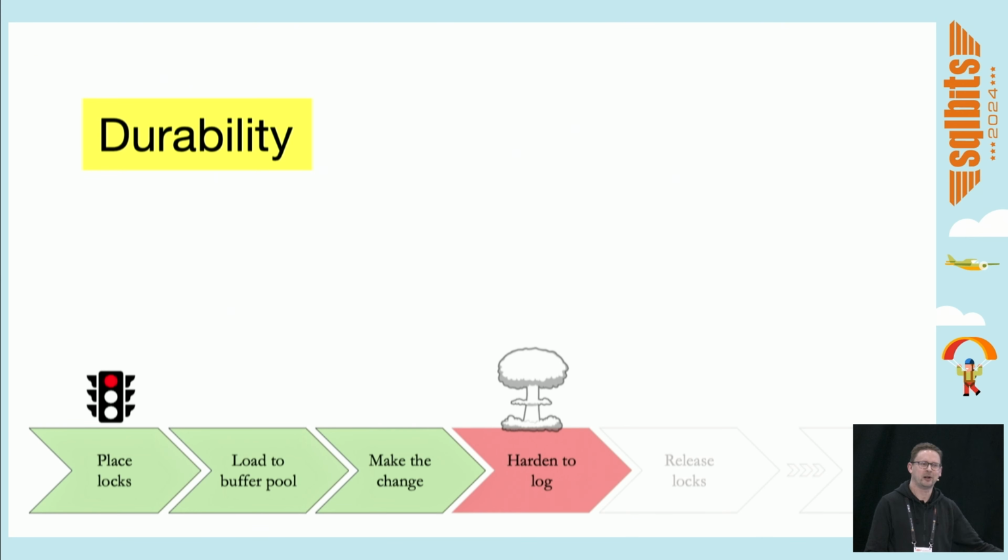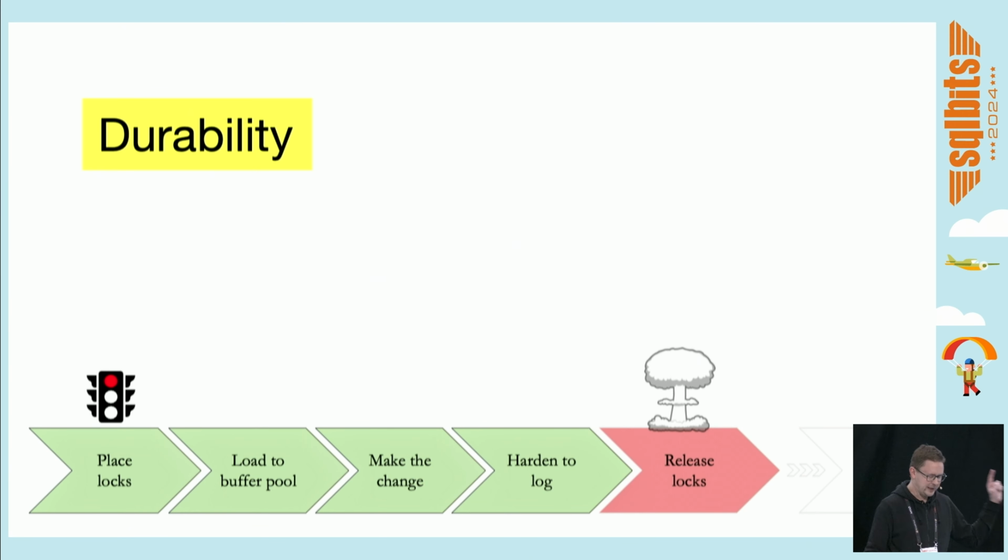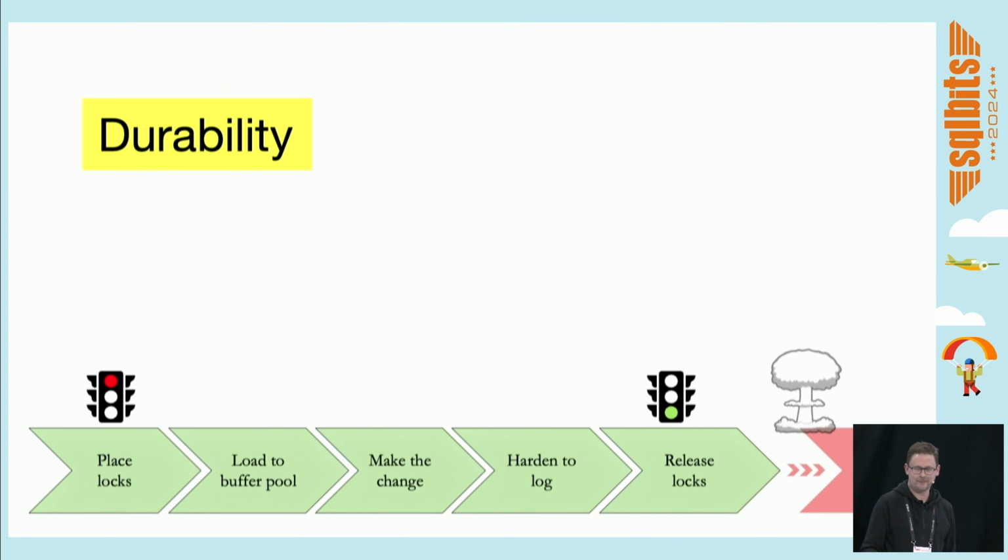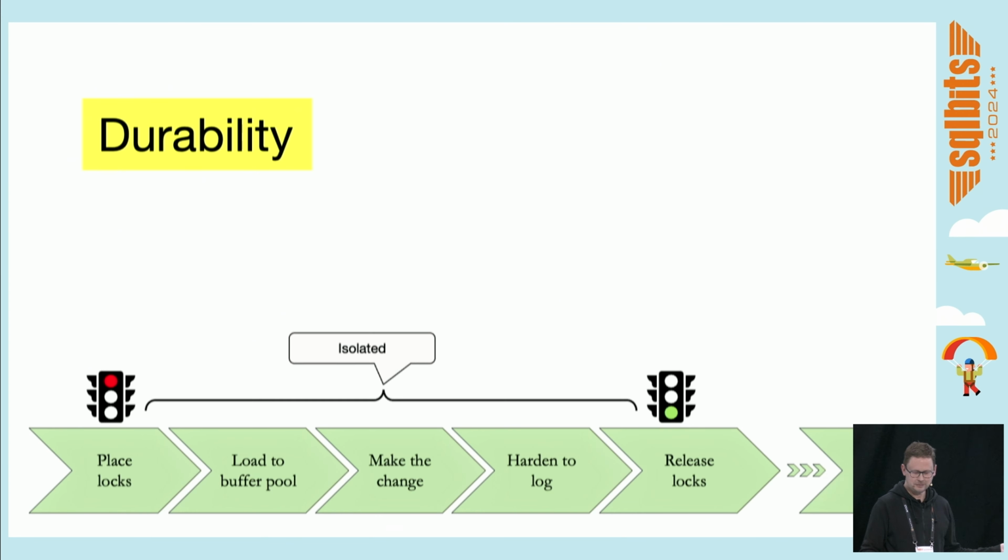If we can't harden the log, the transaction crashes, disk is full, whatever, no changes have been made, no promises have been made. If we can't release the locks, well, the changes have been made, I suppose. I don't know if this could ever happen. There's probably an edge case somewhere. If we can't write the logs to the data file, then it'll happen later. Which brings us to delayed durability.